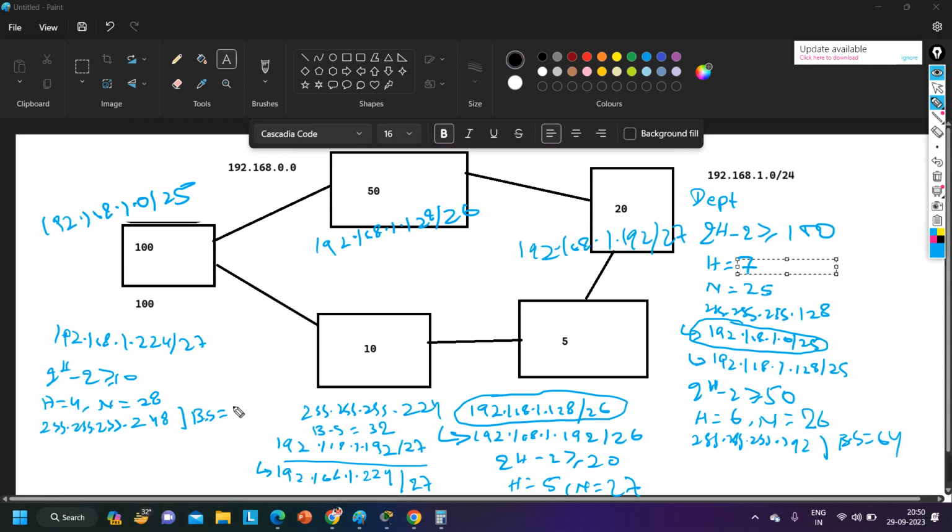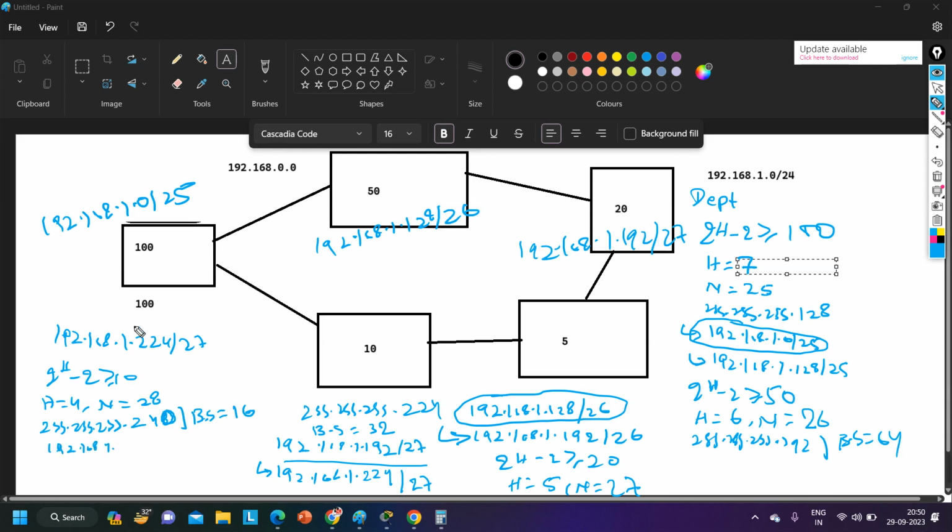Block size is 256 minus 248, 16. So the first network is 240. Yes, sorry, block size is 16. So my second network will be